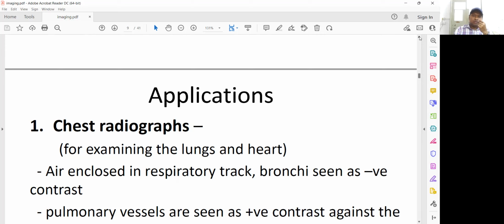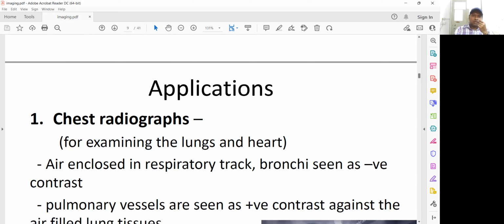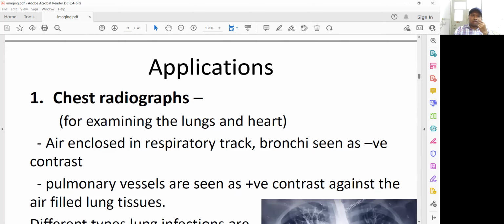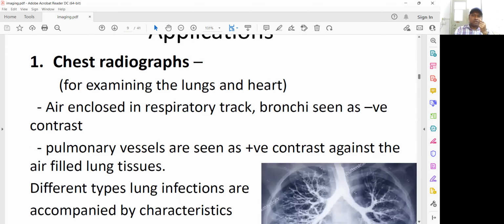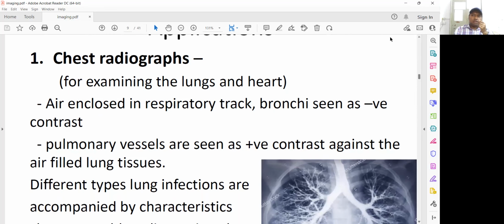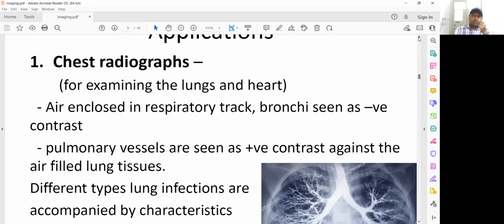And apart from this application, there are some more applications like chest radiographs, the examining of lungs and heart. Though I mentioned that unless it is a bony structure, it is very difficult to understand what is actually going on in the X-ray image. But there are some techniques to visualize the non-bony structure, that means the lungs and heart. We can also visualize or photograph these lungs and heart by chest radiographs by injecting some contrast element inside the